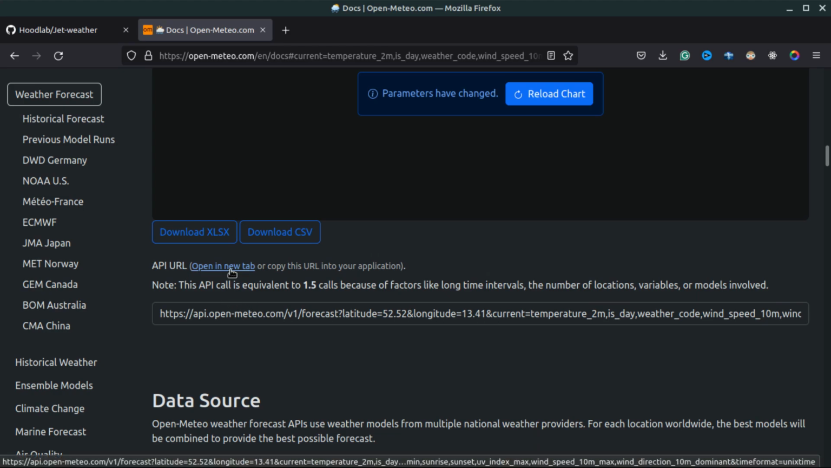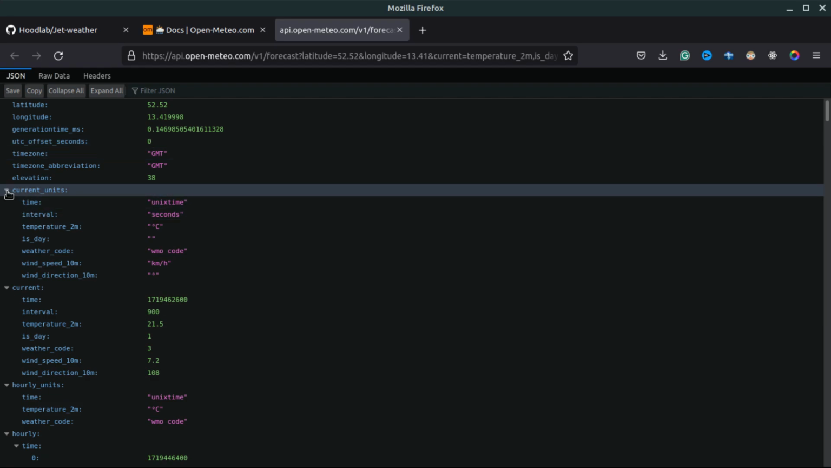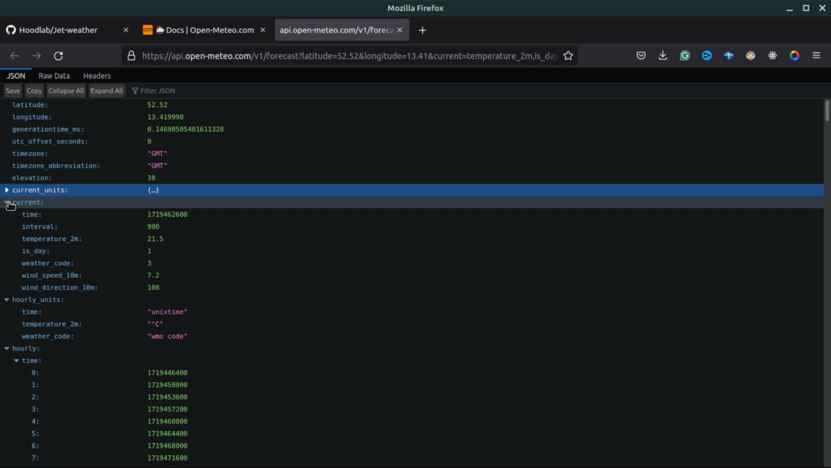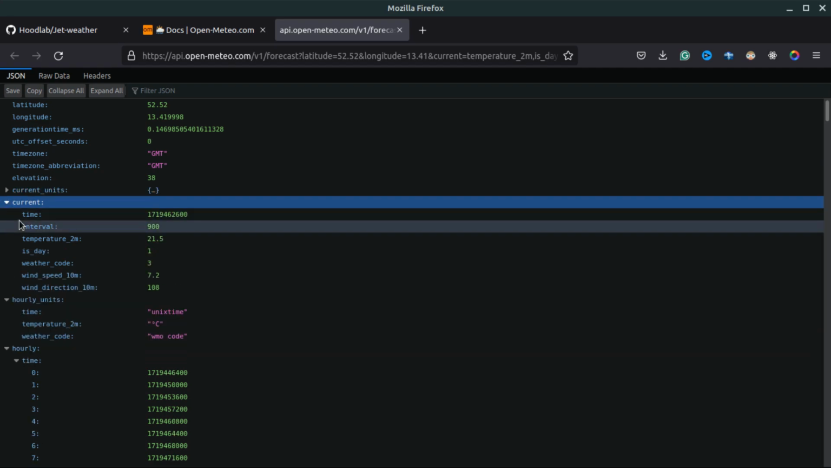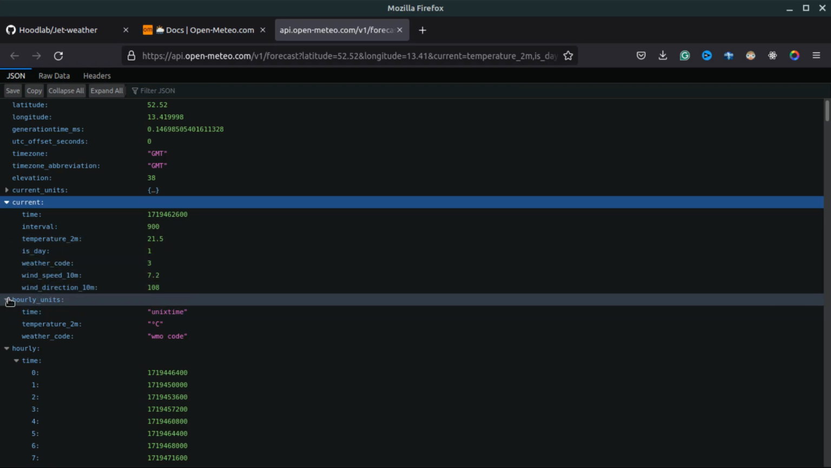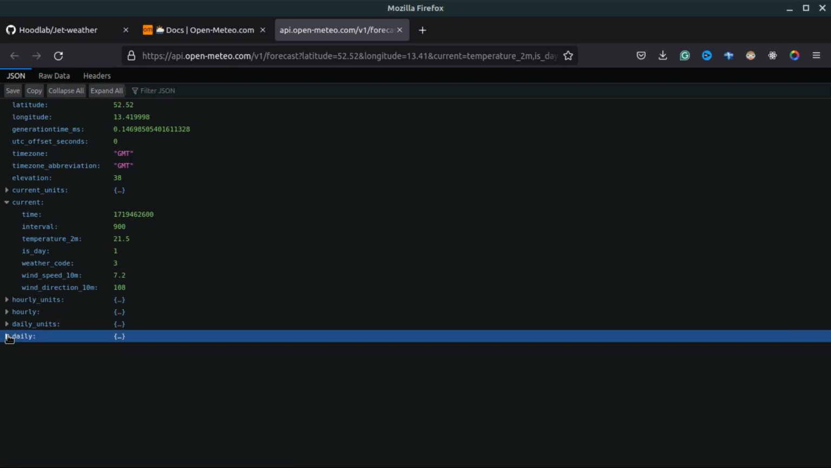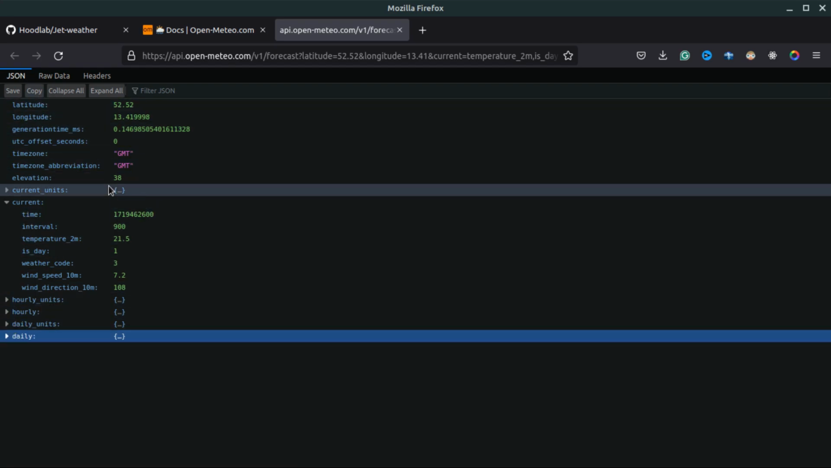So for example, let's click here, open in new tab. Here is the information which you're going to get, and you can use a web browser formatter in order to keep your JSON neat. So for this case here, we get our data. For example, we get the current units, and here we get the current weather data. So you can see we get time and other variables here. We have our hourly data, and also we have our daily data. So basically we're going to copy this and directly go to Android Studio in order to use this JSON and